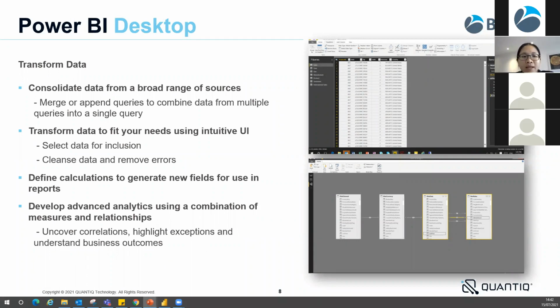And Power BI Desktop can also help you detect the relationships between the tables and categorize your data automatically to fit your specific insights. For example, when you load the data into Power BI, Power BI will help you identify if it is a text field, date field, or number field. So all of that data is automatically identified for you to help with your report. And once you have the data, you clean up your data.